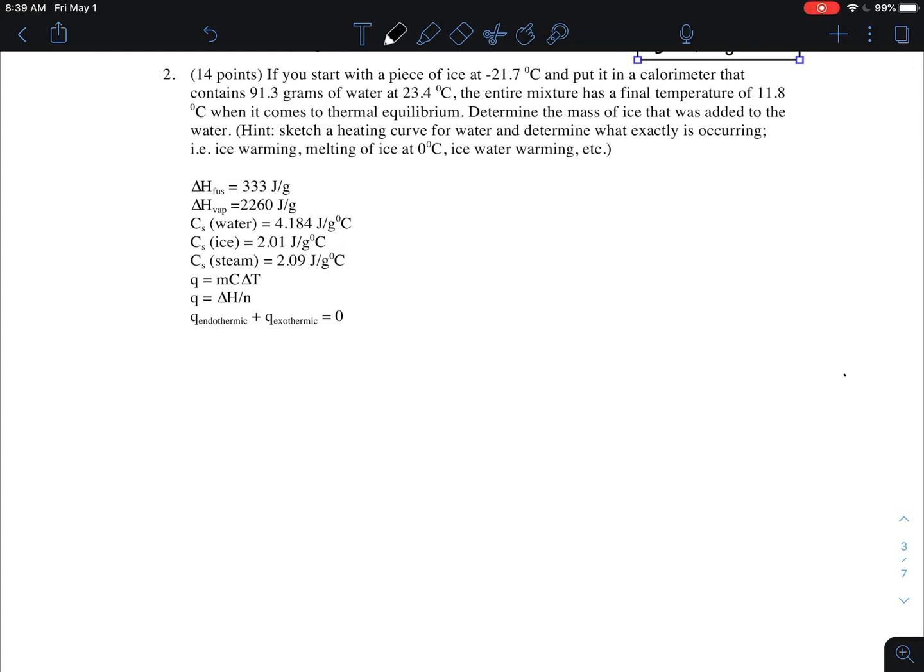So it says here to sketch a heating curve. Again, that hint is probably not going to be given to you on the actual exam, but I would think it helps. So that's why I put it here. So think of it like this. You have this